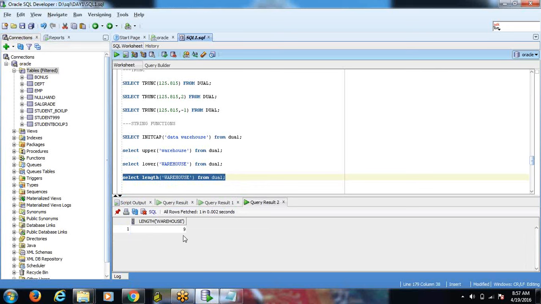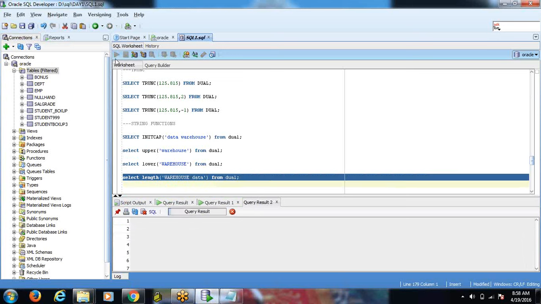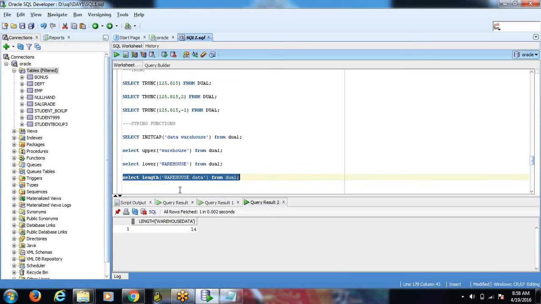Suppose I'm giving like this, some space and some data. It will count the space also as a single character. 9 plus 4, 13, plus 1 space, 14. It will retrieve 14 characters, and it will count the space as one character. Got it?